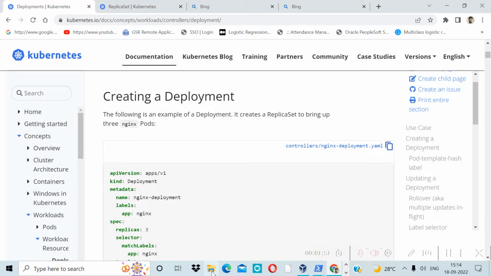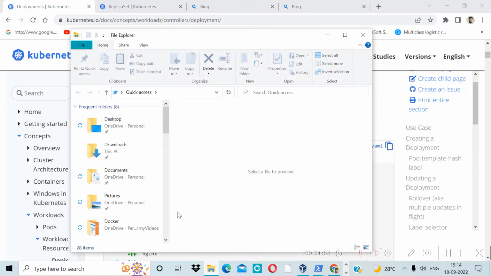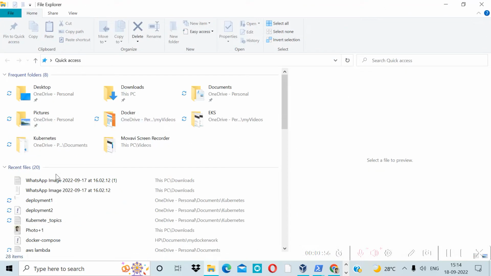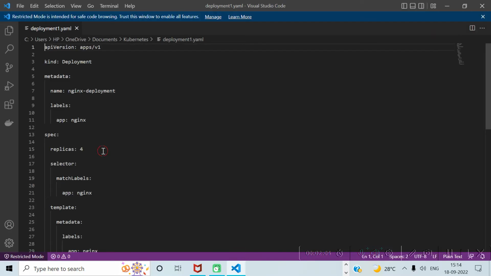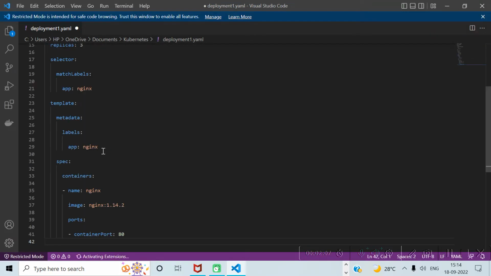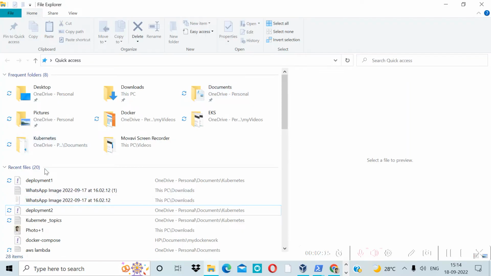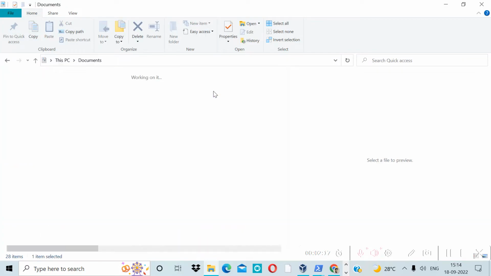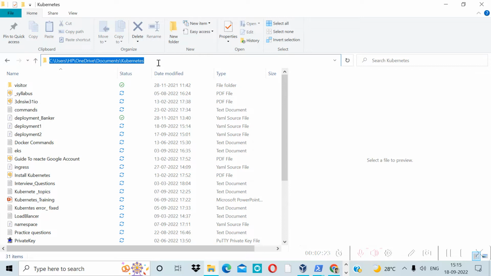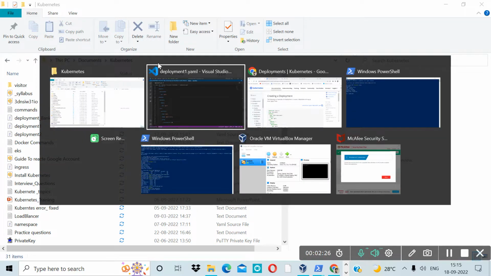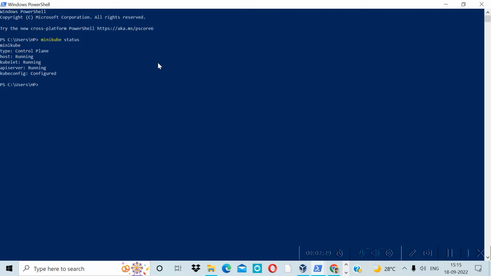and let me open my file which I already used, let's say deployment1. So let me replace it with my current YAML configuration, and also let me copy this file path, and then we will apply this for deployments. My file is placed inside this location. So we will use